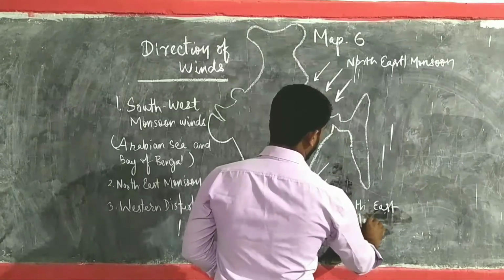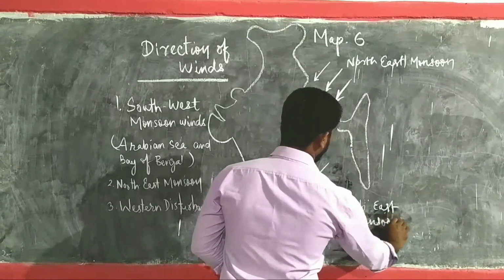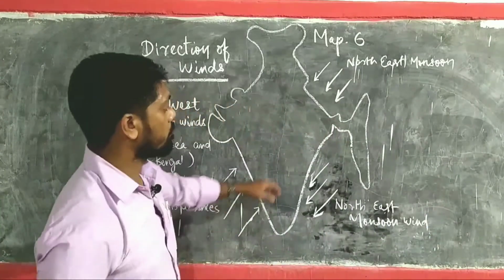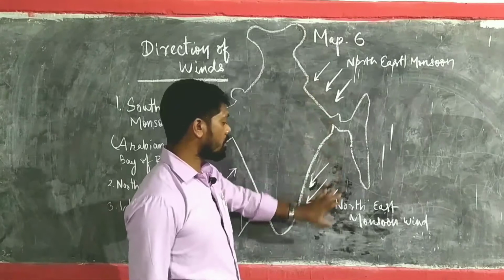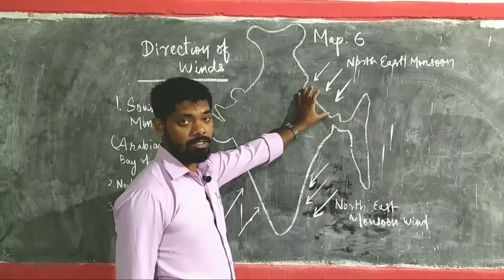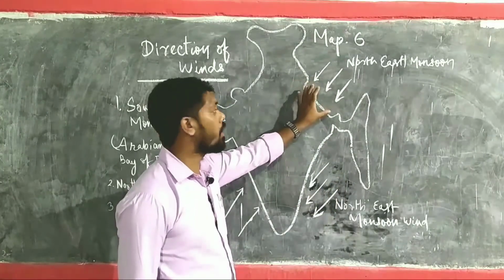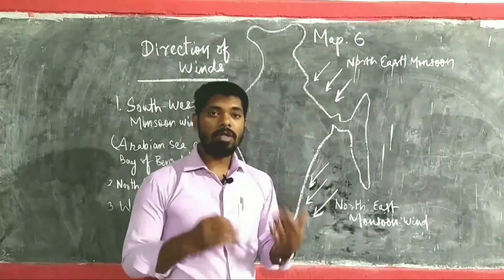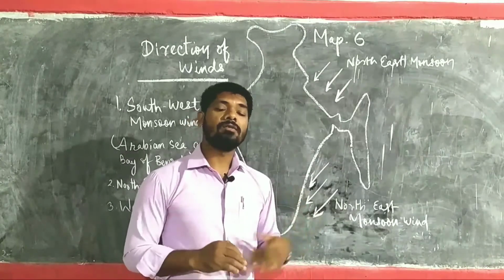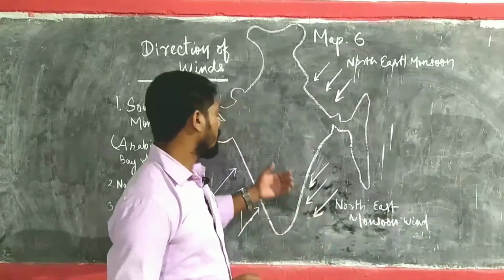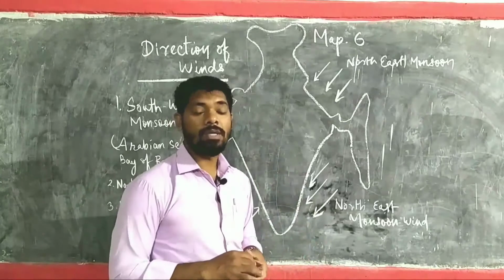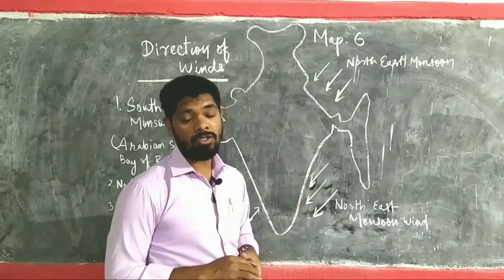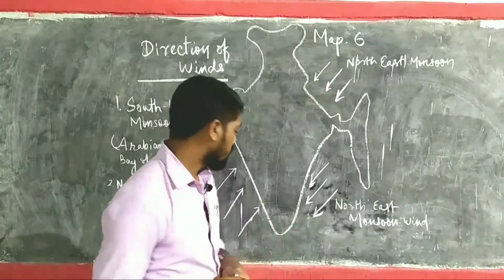So this is northeast monsoon winds. Usually northeast monsoon winds blow in the winter season, right? So as we see, the arrow marks are not changing. The pattern of the wind directions is not changing, but the location is changing. In the board examinations, the questions will be asked in a very tricky way. You know how to label these directions, but it may be asked to draw in any of the places, any of the locations, to divert your mind, right? The next one is